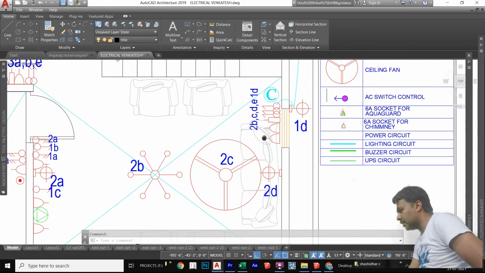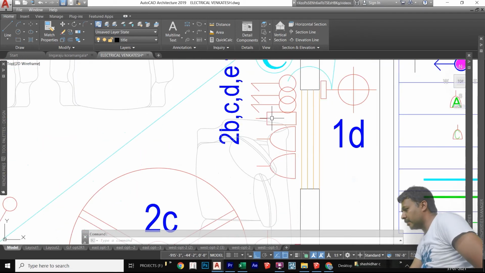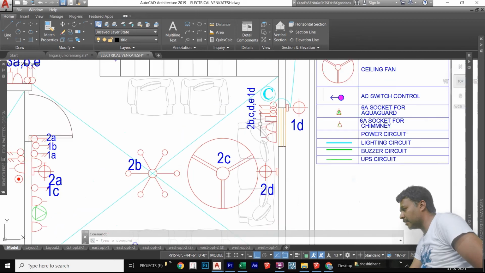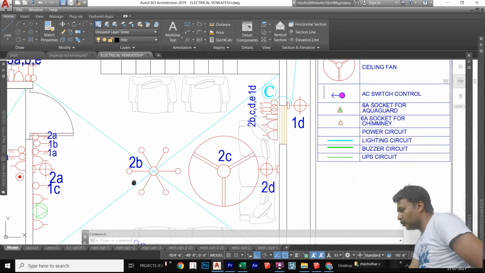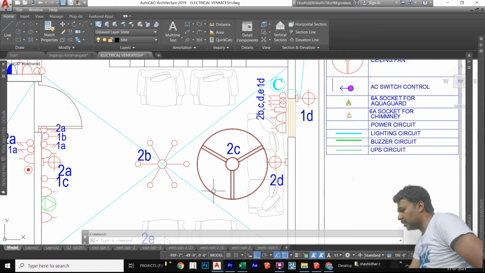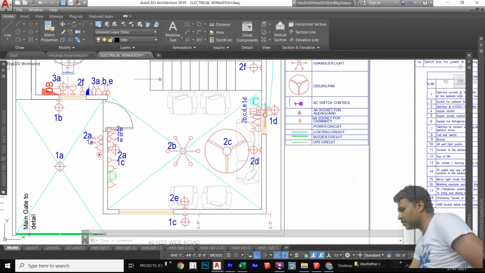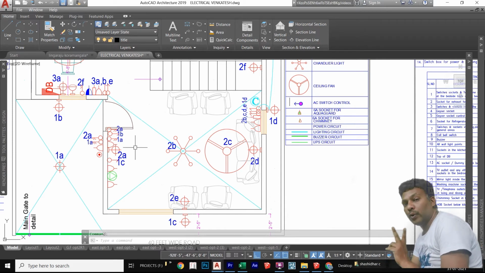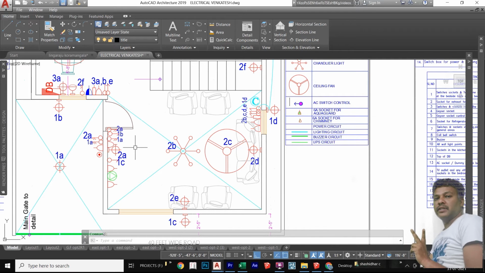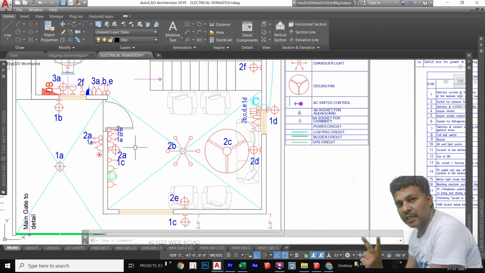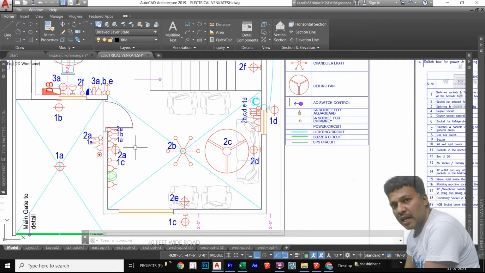And after sitting here, the fan regulators, this symbol states the fan regulator, and 2 B C D complete lighting and fan controls I am providing here. So in this living room, only 2 switch boxes are coming: one near the main door, and another near the sofa.